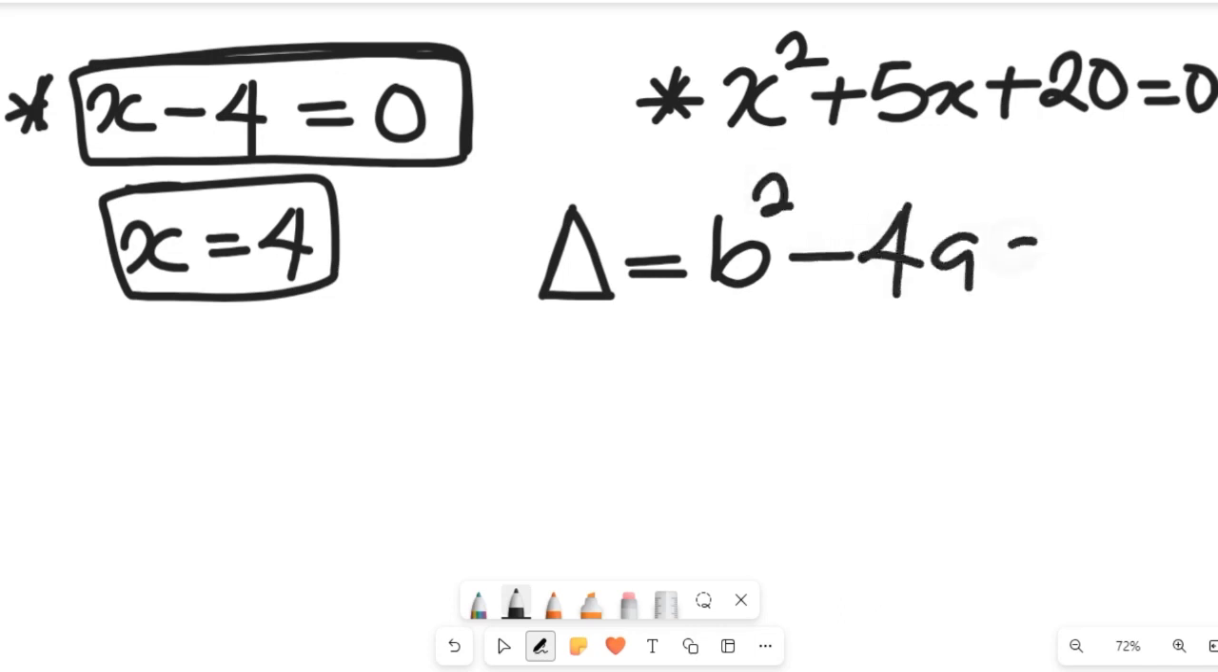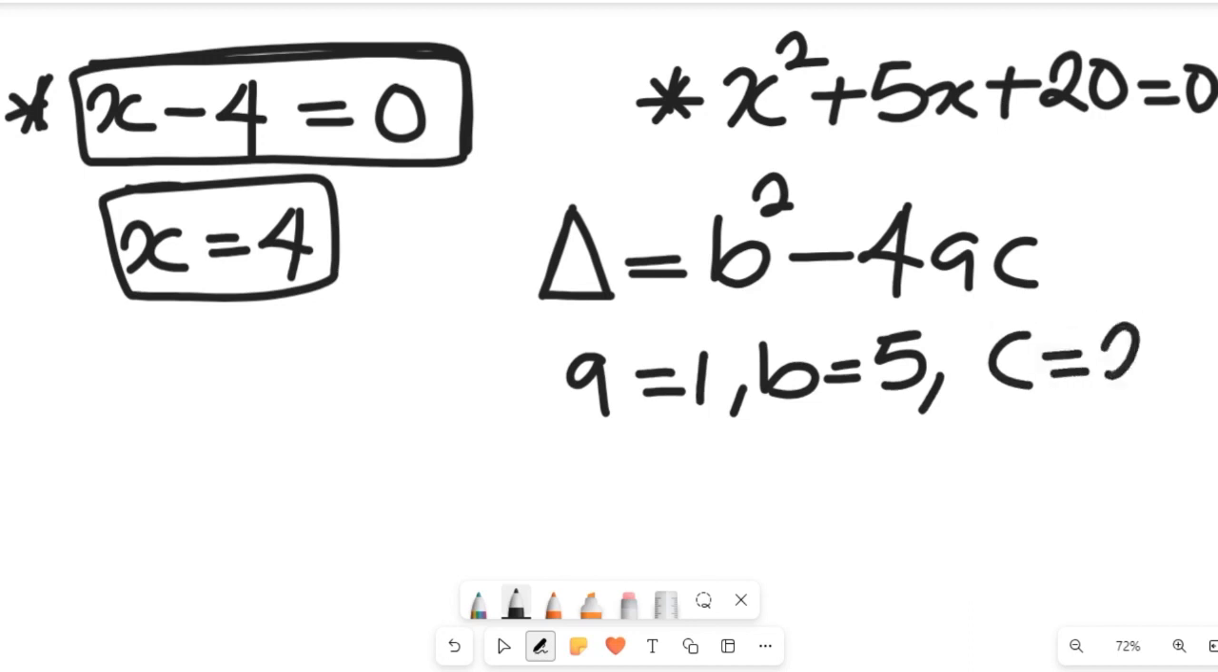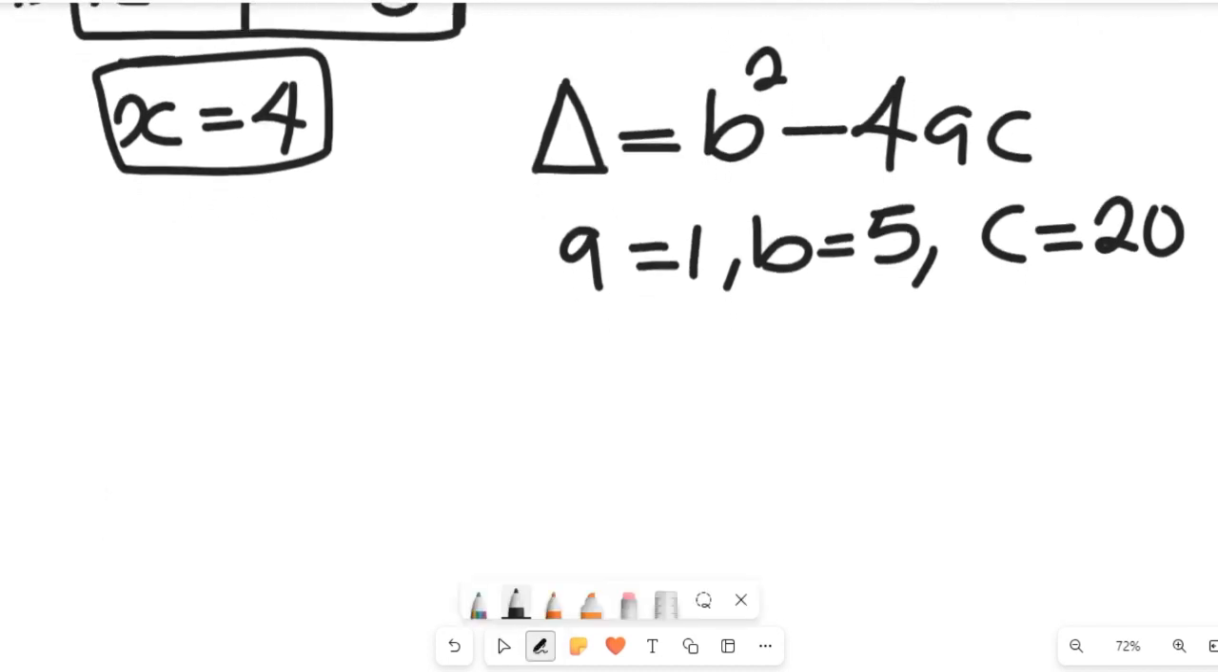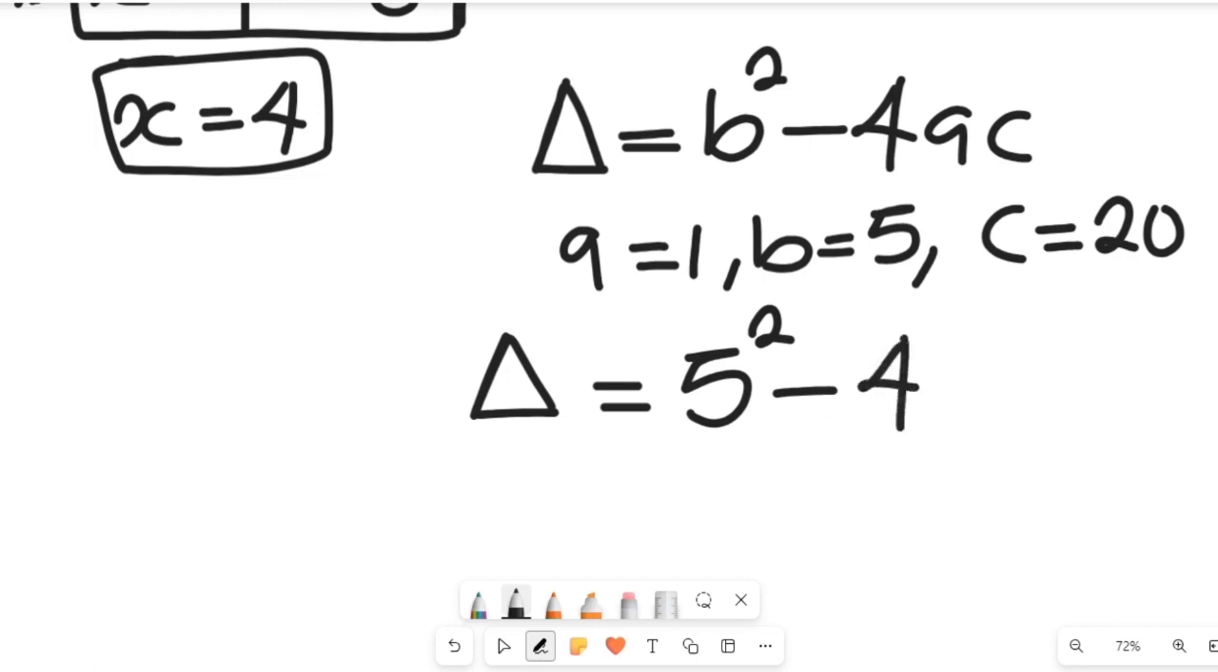So we have 4ac. Remember, from that expression, a is equal to 1, b is equal to 5, and c is equal to 20. We don't want to waste time in solving it, but let's find out if it will give us a real solution or an imaginary solution. So the discriminant will be equal to 5 squared minus 4 multiplied by 1 multiplied by 20. So this is going to give us 25